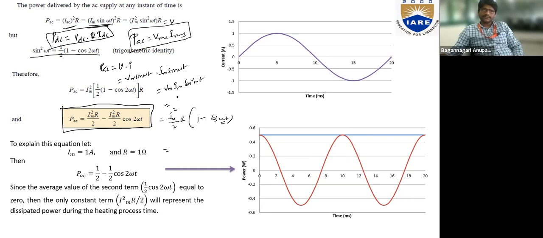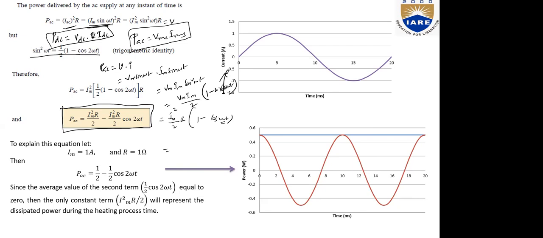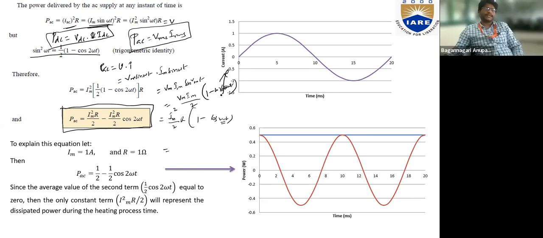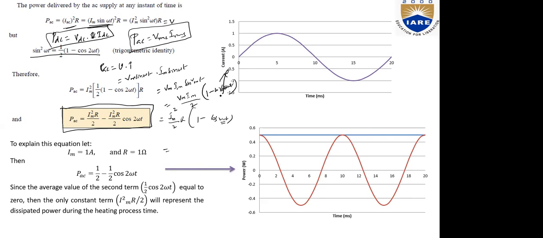So expanding this, what is the equation you are going to get? Vm Im, and what is the expansion for sine square omega t? I already have it here: Vm Im by 2, 1 minus cos 2 omega t. So this cosine term will become 0, right? Cos 2 omega t will become 0. Why? Not because frequency is constant. Substitute any value of omega t. What will be the value of cos 2 omega t?